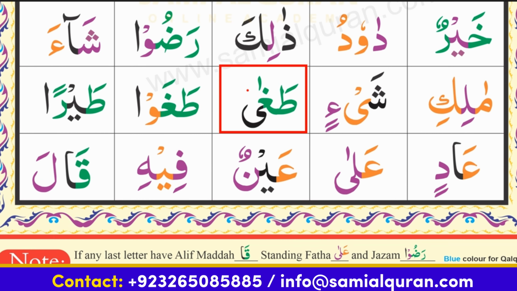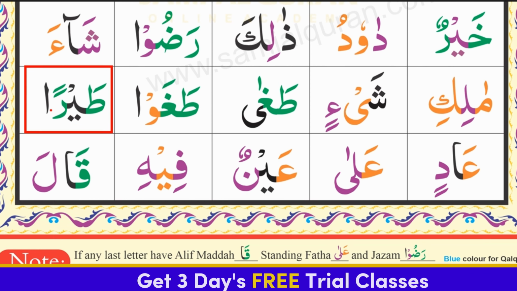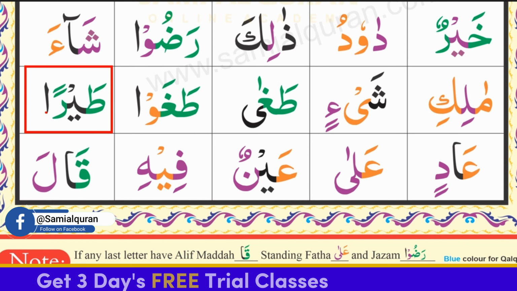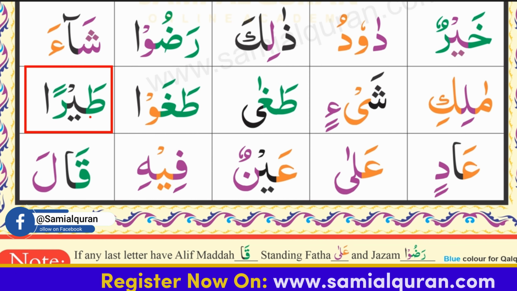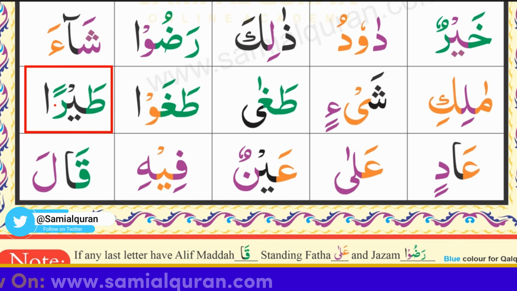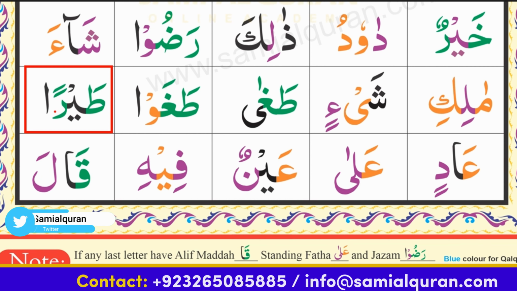طا فتحة طا، غين واو فتحة غو، طغوا وقفان طغوا. طا يا فتحة طي، را دبل فتحة رن، طيرا وقفان طيرا. And if the last letter comes with the double fatha, in the waqfan case, we read only one fatha, as we say طيرا.